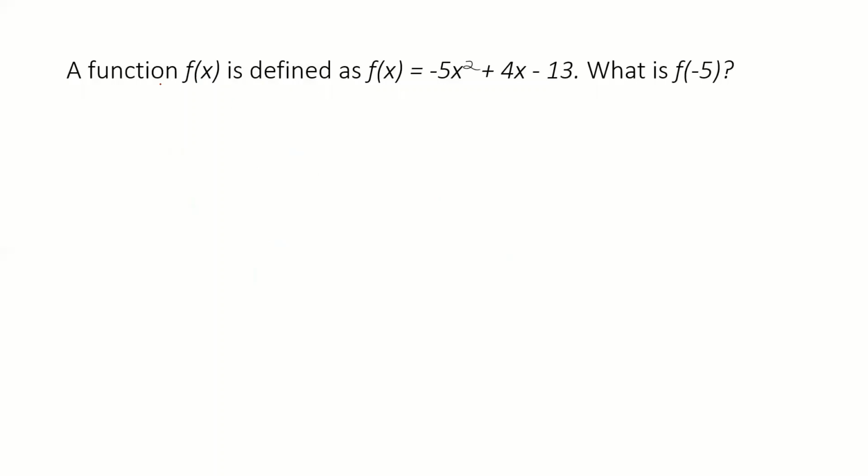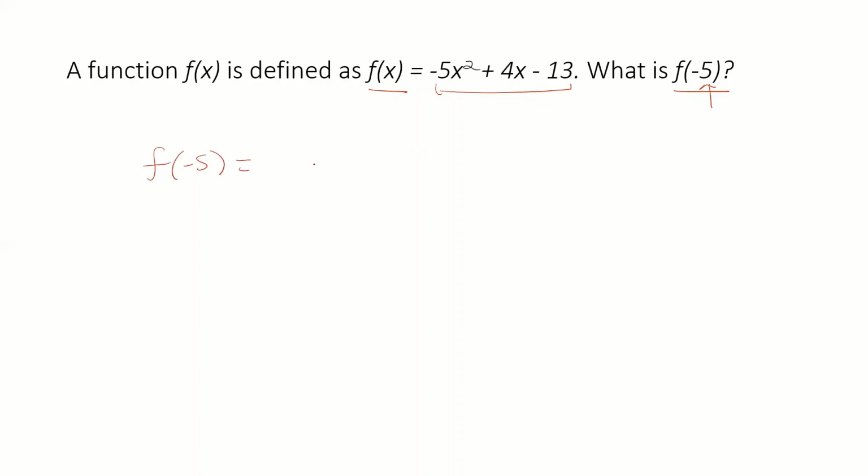Okay, so a function f of x is defined as f of x equals -5x squared plus 4x minus 13. What is f of -5? Whenever we're given this type of problem and they give f of x and then tell you to find f of this number right here, all you have to do is rewrite this formula, except every single time you see an x, you put whatever number is in the parentheses. So in this case, since the number in the parentheses is -5,